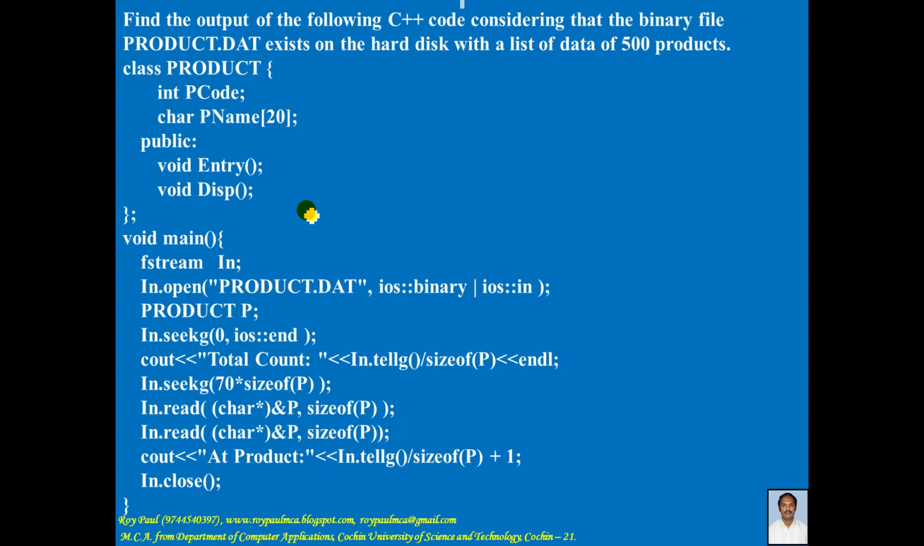An output type of question based on files. Find the output of the following C++ code considering that the binary file products.dat exists on the hard disk with a list of data of 500 products. So given that there is a binary file products.dat, and it contains 500